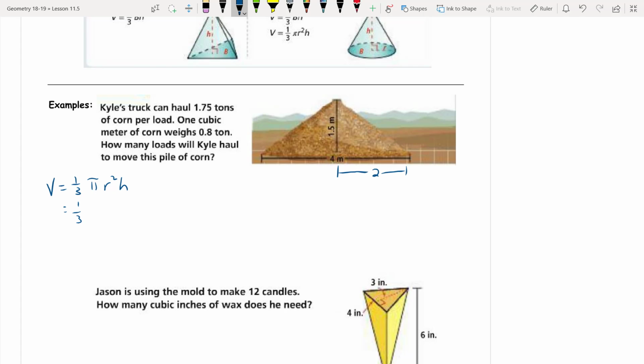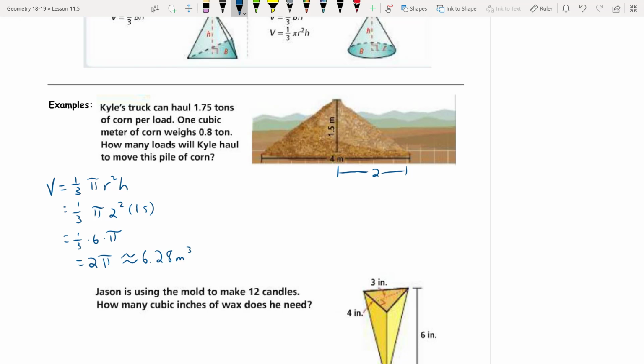So I've got 1/3 pi times my radius of 2 squared times 1.5. If we work through the math, 2 squared is 4, and 4 times 1.5 is going to give you 6. So I've got 1/3 times 6 times pi. And 1/3 of 6 is just 2. So I've got 2 pi here, which is approximately 6.28